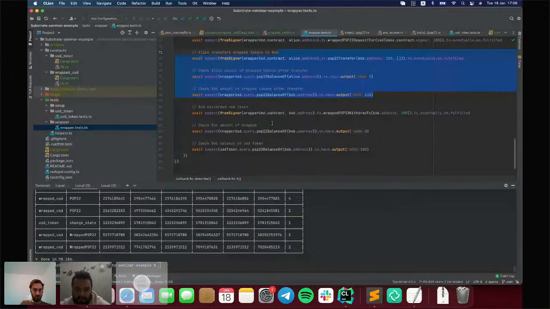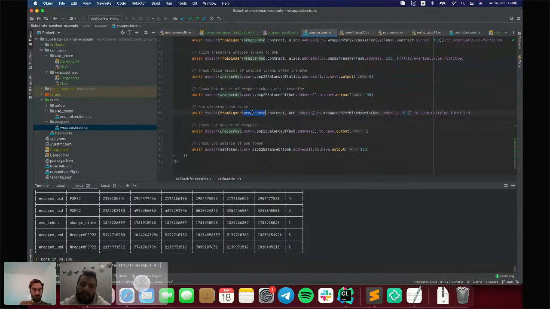And after, we called the withdraw function from Bob for the wrapped USD contract, and Bob tries to withdraw 100 USD tokens. We checked that the transaction was successful, and here we verify that balances are updated.